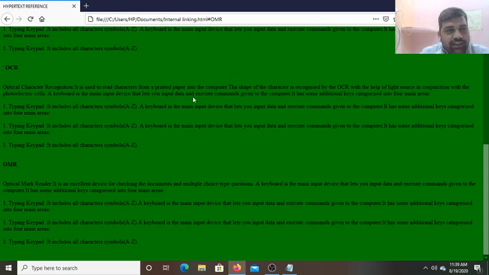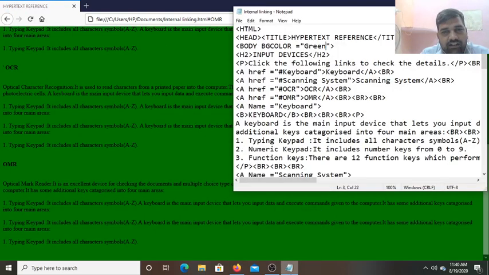Okay, so text color also we can change. You can make it red also if you want. So again you have to go there, in the body you write, see, background color you set green. Now you can use text red. What you write in the quotation mark, text red, it will appear red.